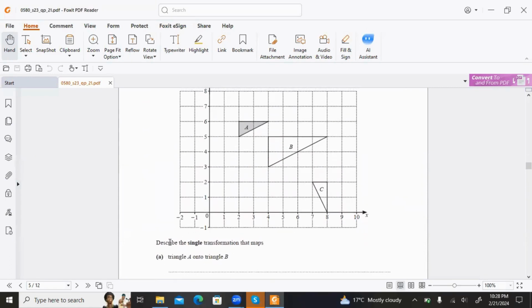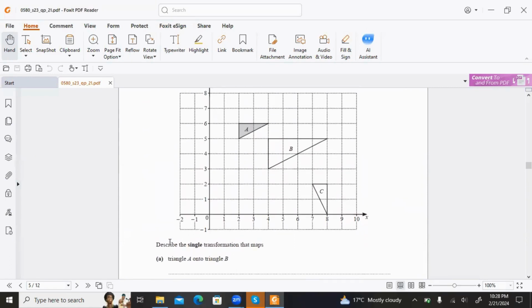Question 11 is asking us to describe the single transformation that maps triangle A onto B. As you can see, the shape remains the same. It's just that shape B is an enlarged version of A. If we compare this length with its corresponding length, we can see that this has 2 units and this has 4 units, which means it has enlarged by a scale factor of